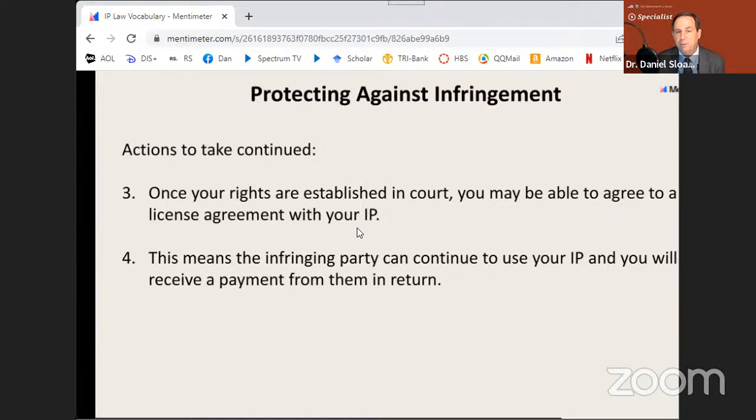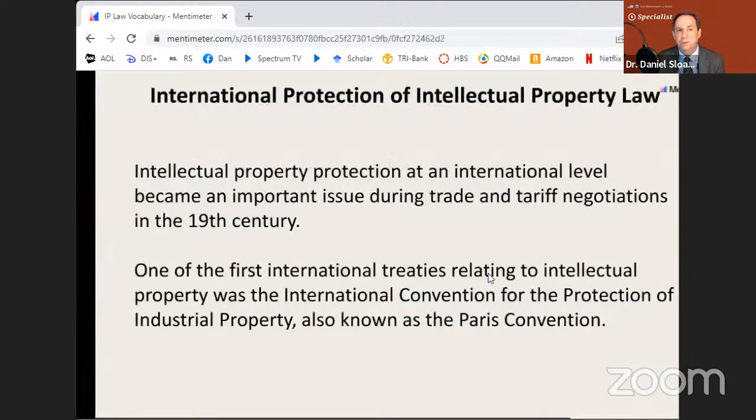So that would be one way of doing it, is licensing with somebody who's either accidentally or intentionally infringed on your rights and has been caught doing so, through mediation or arbitration. This means that the infringing party can continue to use your IP and you will receive a payment from them in return. So intellectual property protection at an international level, we touched on this just slightly, is an important issue